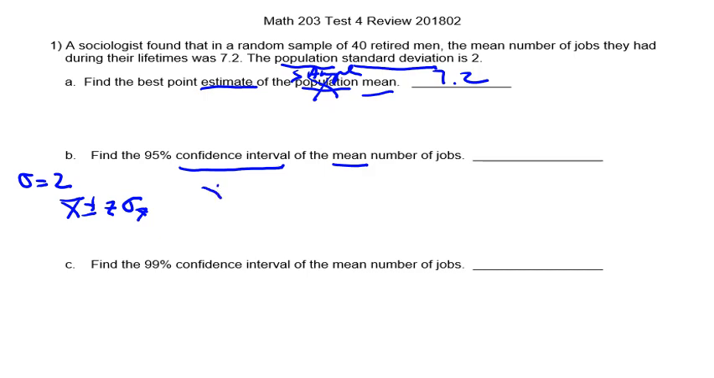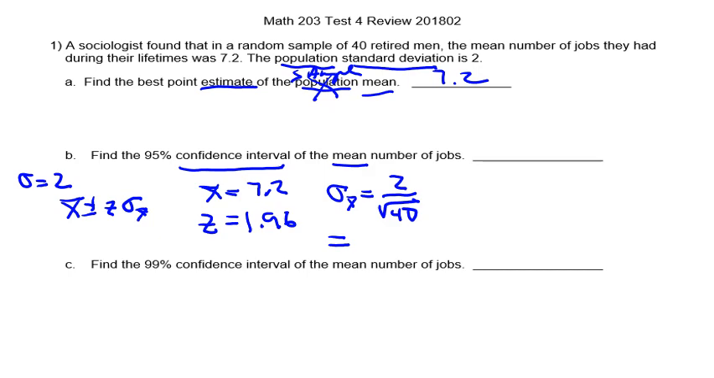We know that x bar is 7.2. The z-score associated with a 95% confidence interval is 1.96. And then sigma of x bar is sigma from the problem divided by the square root of the sample size, which was 40. When you calculate this, you should get approximately